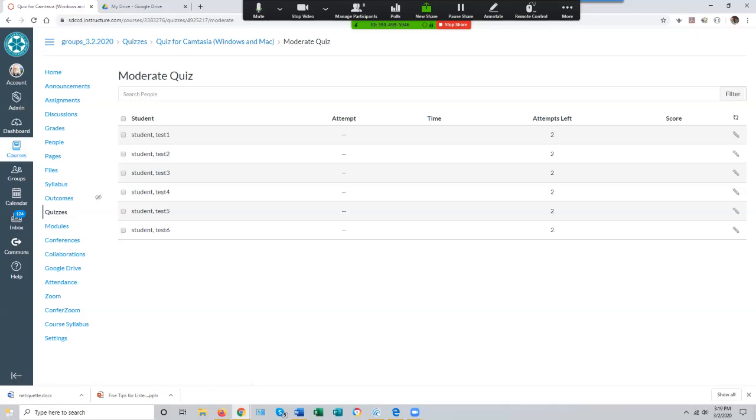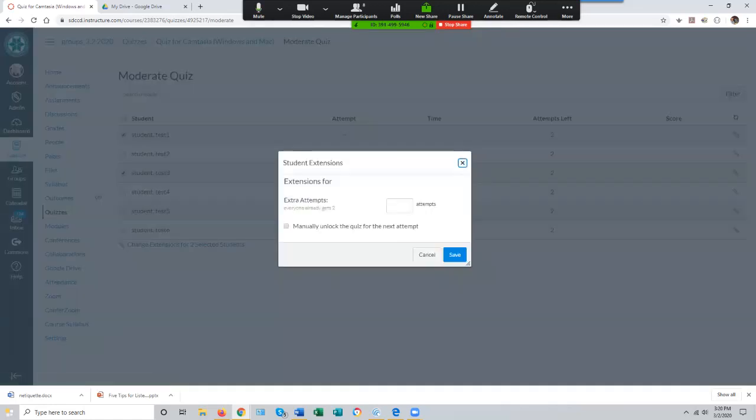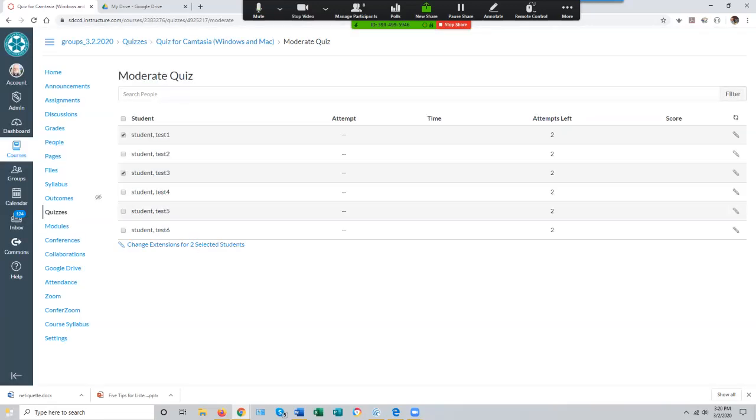And unfortunately, I was misremembering. I am sorry. You do not see groups listed here, only individual students, so you have to know which students are in that situation. You can select multiple students to moderate, and you can allow extra attempts on quizzes, or if you have set, apparently on this quiz, I haven't